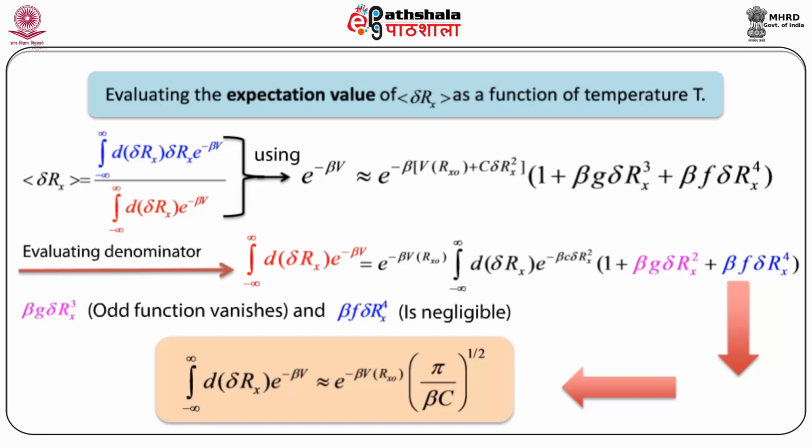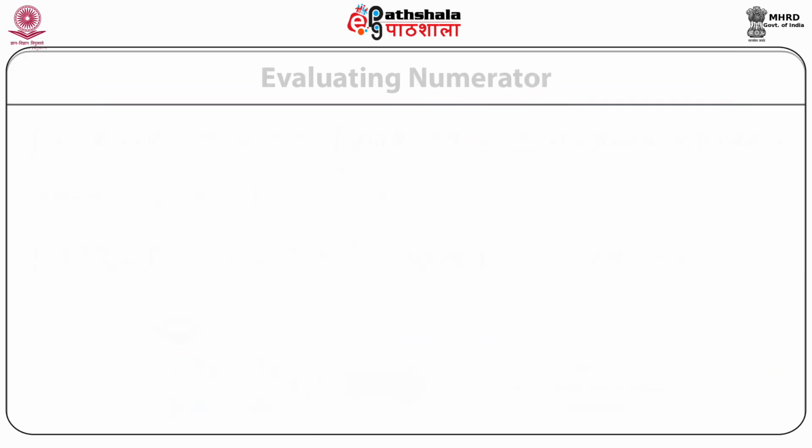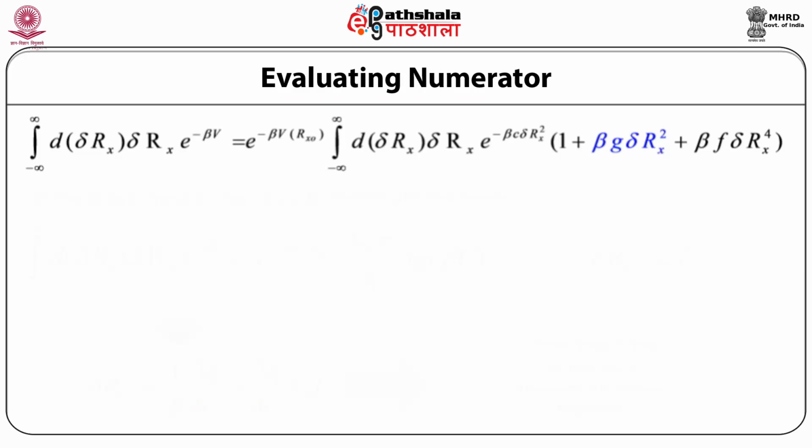Hence, the integration of minus infinity to infinity d delta Rx into e raised to power minus beta V is approximately equal to e raised to power minus beta V as a function of Rx naught, whole multiplied by root of pi divided by beta C. Similarly, the integration from minus infinity to infinity d delta Rx into e raised to power minus beta V is